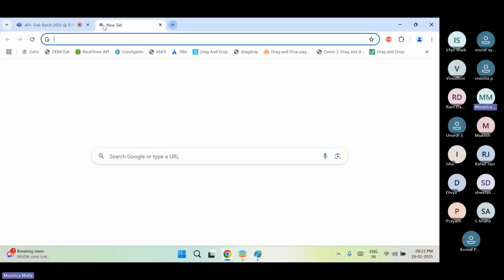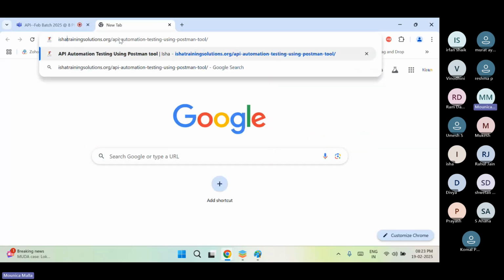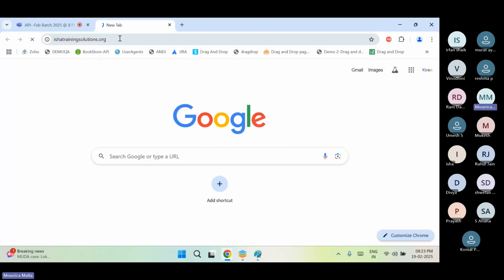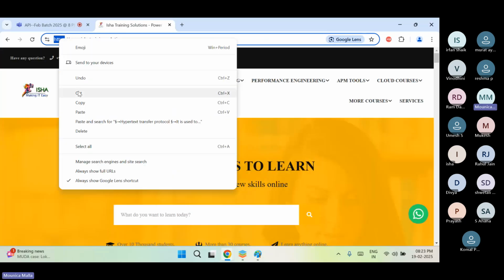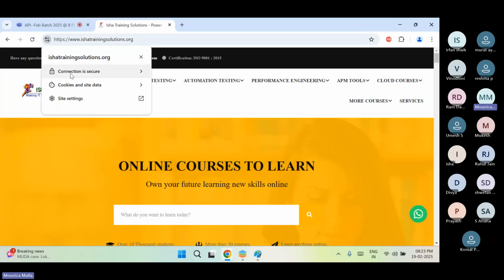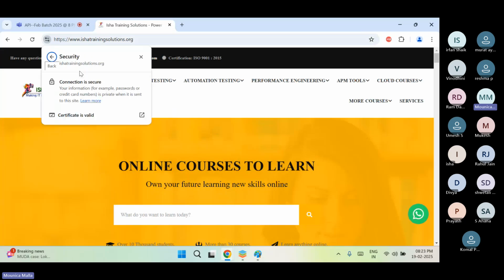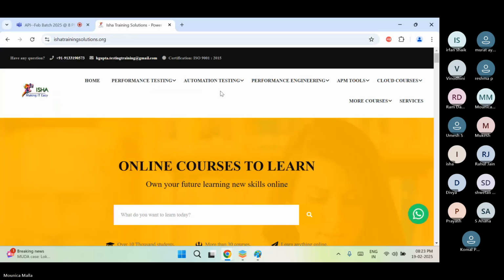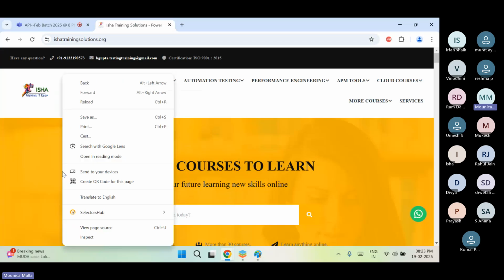If I talk about Isha Training Solutions, let's just go to their website. Question one is, we'll find out whether they are using HTTP or HTTPS. If you click on the address bar, it is pretty much clear they are using HTTPS, right? You are seeing HTTPS. And if you click on this, you'll see a message, connection is secured. Fine, Isha Training Solutions is using HTTPS, but is it TLS or SSL? How will I know? On your Chrome browser, just do a right click on inspect at the bottom,